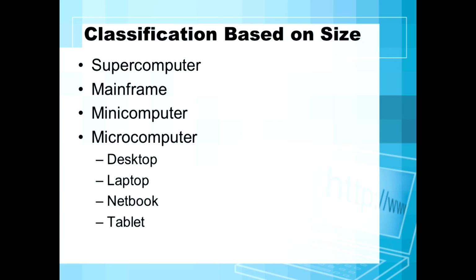The next one is the tablet. A tablet can also be held in the hand. It also has a touch screen. It too works on batteries. Tablets we all know, we can use the internet by using Wi-Fi. We can play games, we can watch movies, we can use it for study, we can attend online classes, everything we can do on a tablet.